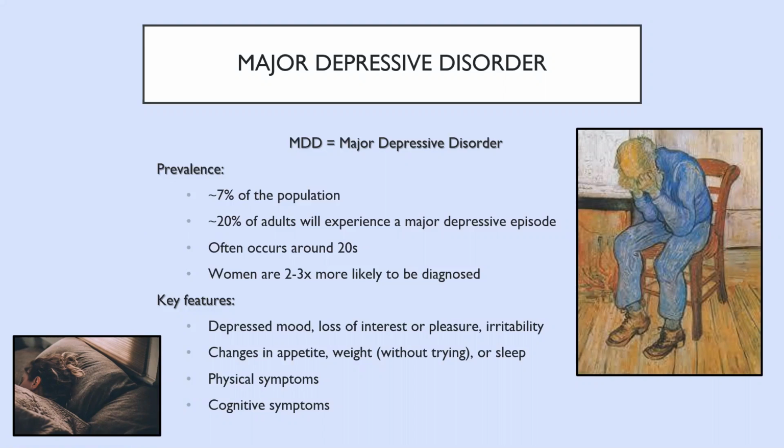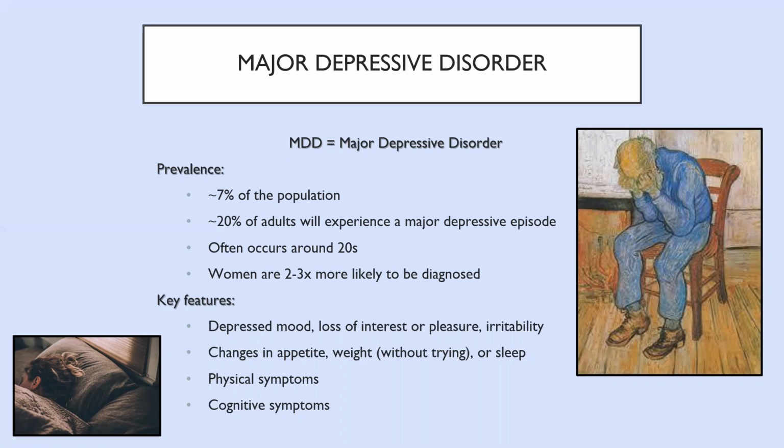About 7% of the population has major depressive disorder, and about 20% of adults will experience a major depressive episode sometime in their life. So 7% is the prevalence at any given time. Right now in the population, 7% of people have this disorder. 20% is the lifetime prevalence, so 20% of adults will experience this disorder in their lives. Two different types of prevalence there. It often has an onset around your 20s, and women are 2 to 3 times more likely to be diagnosed